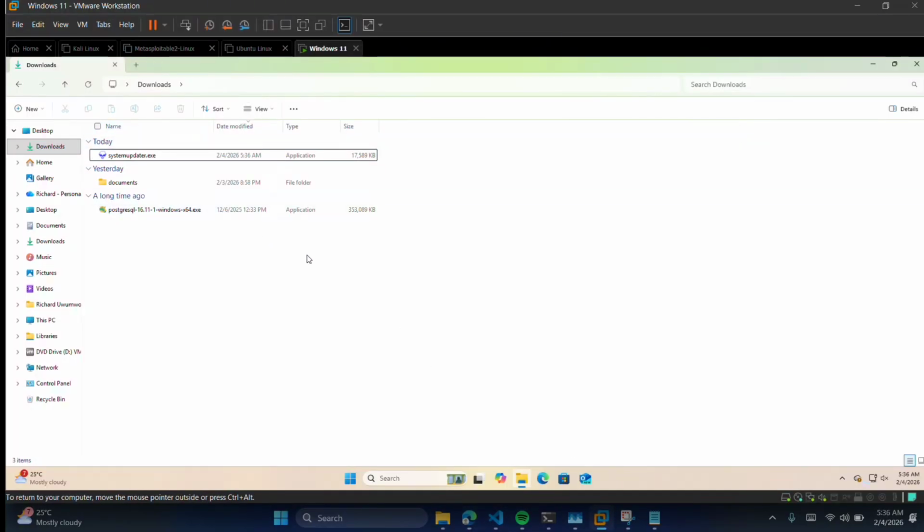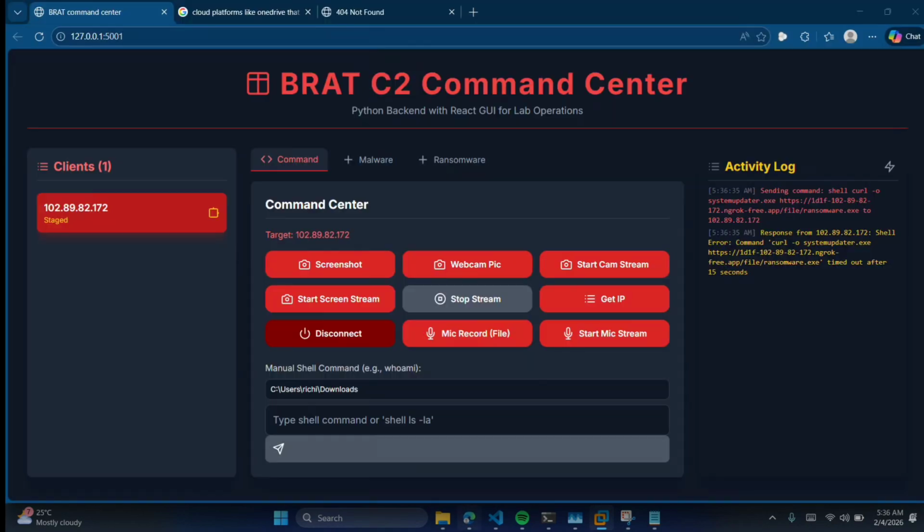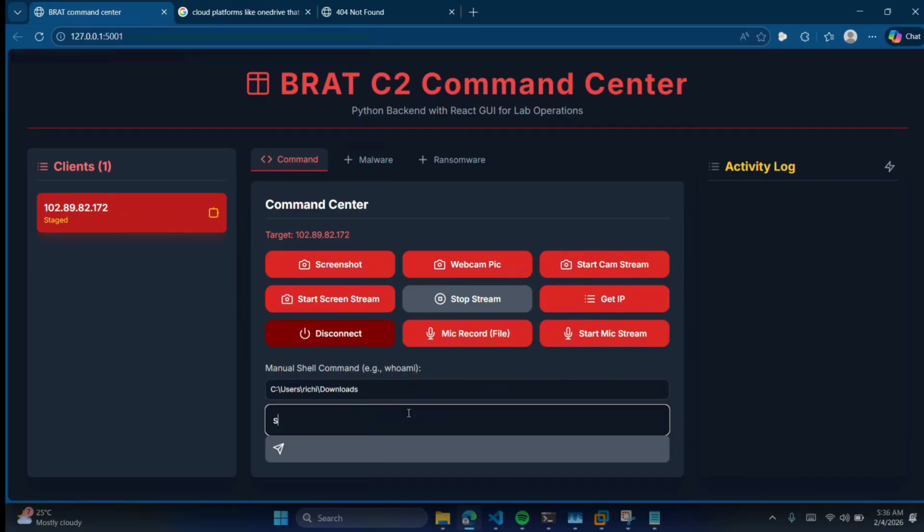It did not actually time out. Forget about that error. As you can see, it even downloaded the icon as well, right? So now let's run the payload that we just sent. And we are going to say start